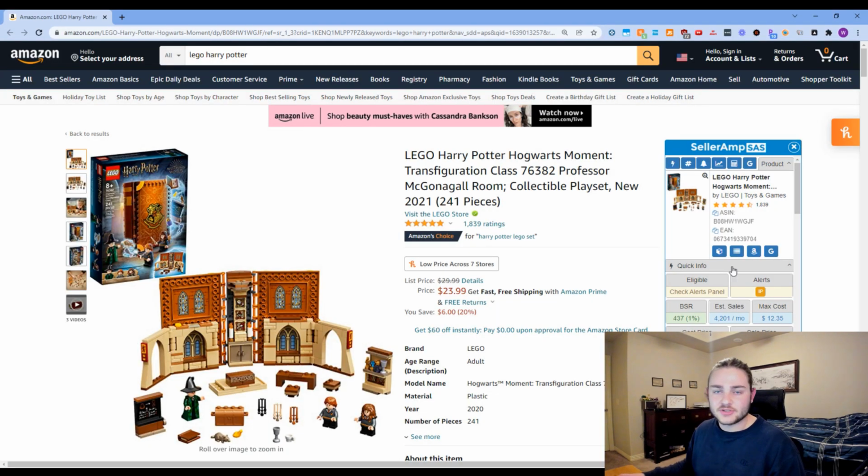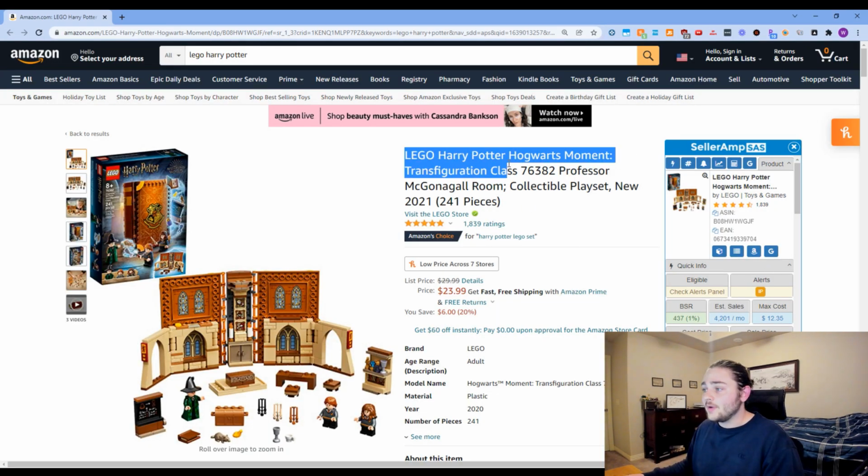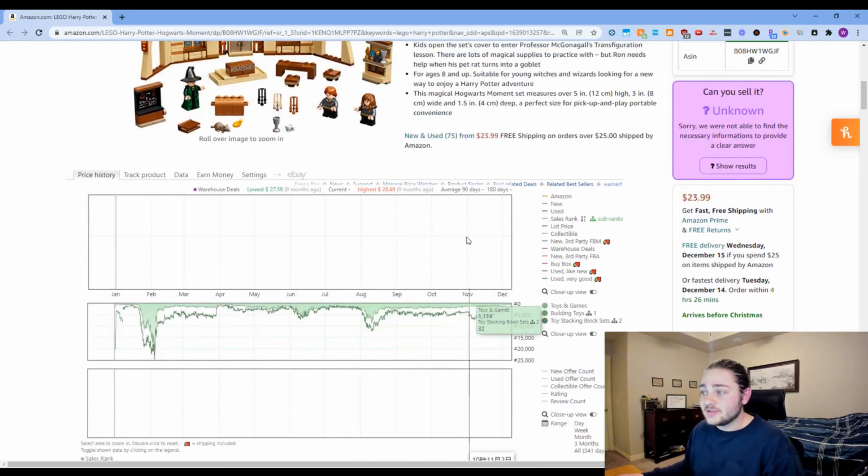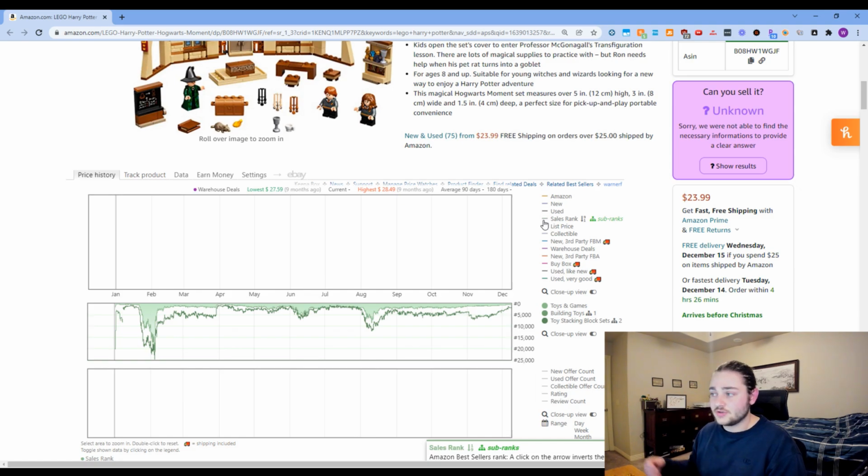So I went ahead and pulled up just a random product on Amazon. I went for this Lego set, and it doesn't really matter. So I'm just going to be diving into this Keepa chart here, explaining exactly what each of these buttons on the side is for and exactly how you can use these options to make money in your business. You'll see very soon why this tool is so essential for your Amazon business. But let's just go ahead and start throwing some stuff on here and figuring out what we can learn about